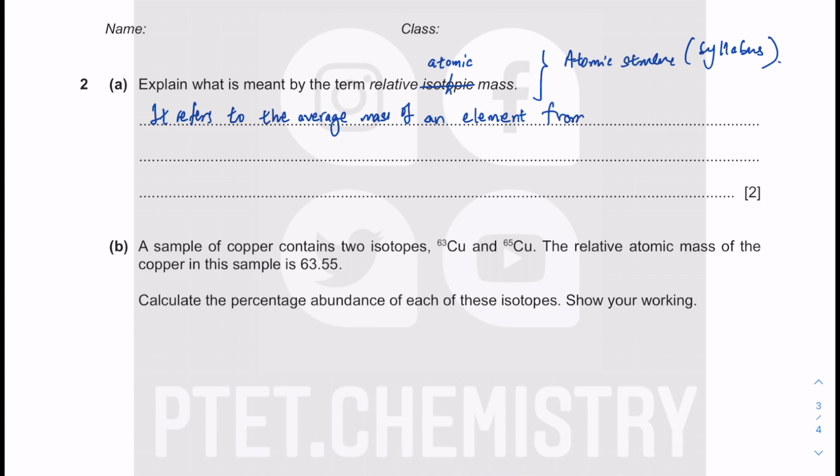If you see the syllabus, average mass of the element, average mass of the isotopes. What am I talking about? So you have different isotopes, so you average their mass. The isotopes of an element, and the one that a lot of students miss out on is the comparison. This is the relative standard that you have got to remember. Okay, so 1/12, or you can just say 1/12, that would be alright. 1/12 of the mass of an atom